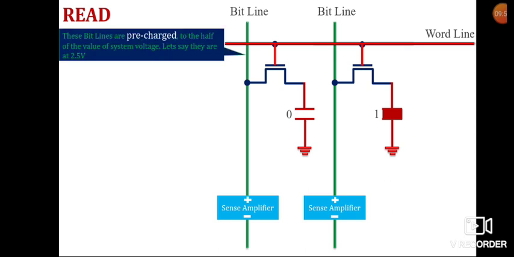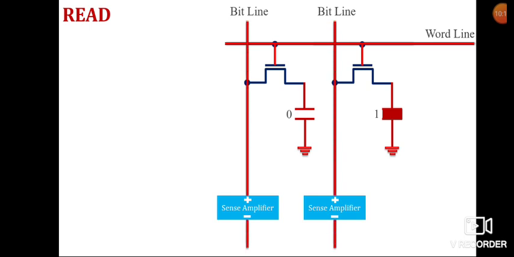Yeah, there is another important thing: in this case we have pre-charged the bit lines, and these bit lines are charged to half the voltage of the overall voltage of the system. So let's say we have charged them to 2.5 volts. They will be represented as charged, and the potential across them is 2.5. Here I have represented 2.5 for the DRAM above, and 2.5 for the DRAM which is connected below to this bit line.